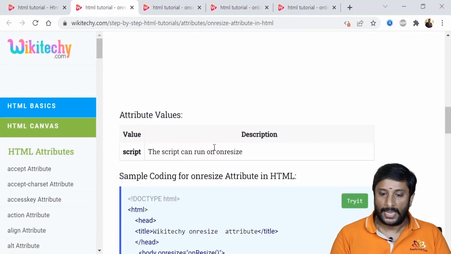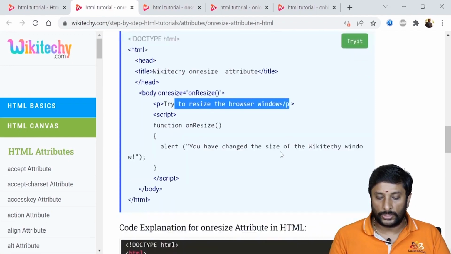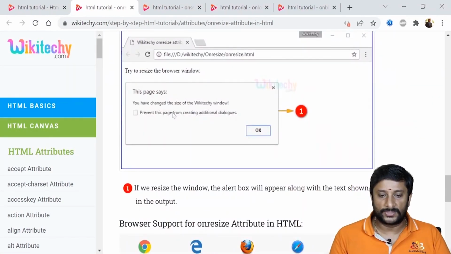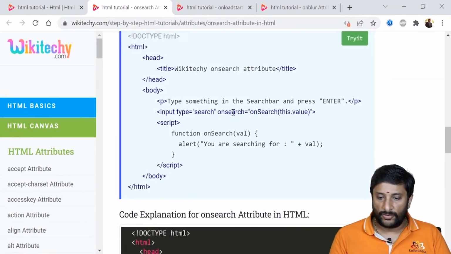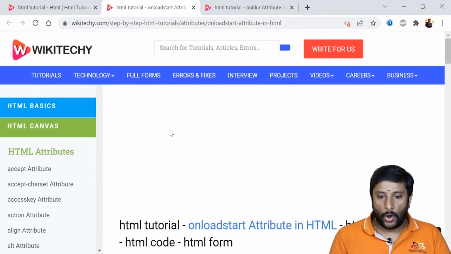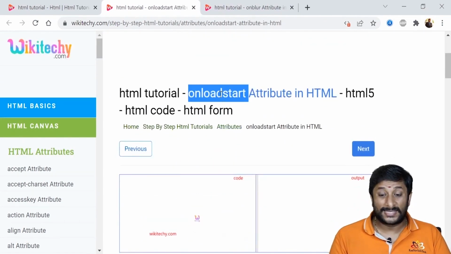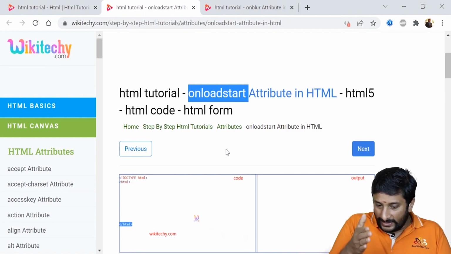On resizing it, I'm trying to resize a control. While resizing the control, automatically you are able to see you will be getting this window. Okay? And on searching, so if I'm trying to search for something, I'm getting a message. Okay, on searching. On load start, while the page is getting loaded, while the starting of the loading is happening,